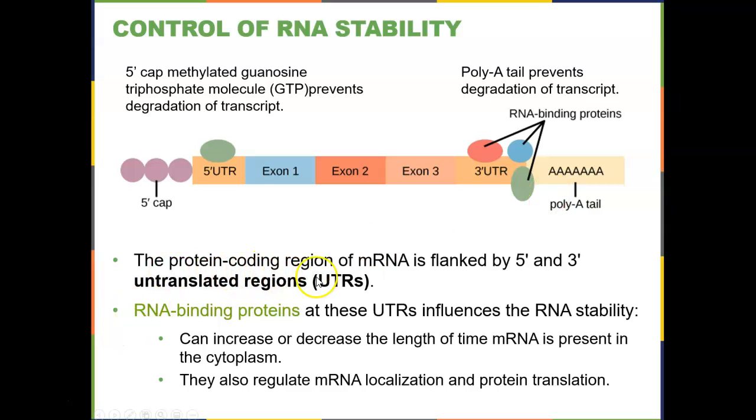There are protein coding regions of the messenger RNA. The protein coded regions, the exons, also have untranslated regions on either end. So that's these UTRs, untranslated regions, one on the 5' end, some on the 3' end. These also help to make the RNA molecule more stable so that it can stay intact on its trip out of the nucleus and into the cytoplasm so that it can then begin to be translated into proteins.